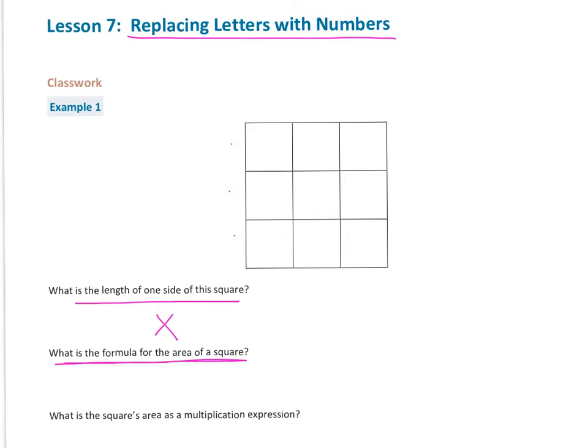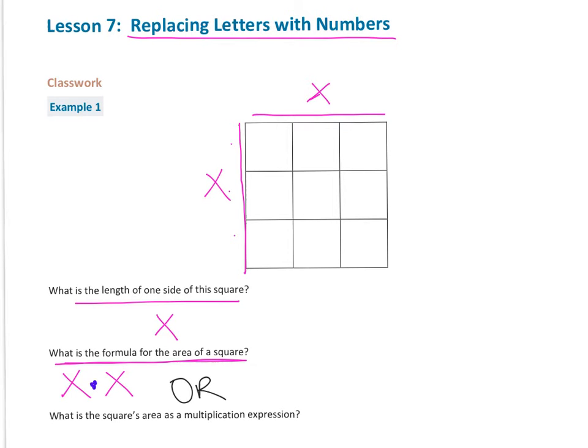Well, I know to find the area of a square, or any quadrilateral, I do one side multiplied by the other side. Now this is a square, so both sides are the same length. So the formula would be x times, I'm going to use the dot for multiplying, x. I'm using the dot for multiplying because with all those x's, if I use an x for the multiplication symbol, it gets confusing. So we have x times x, or